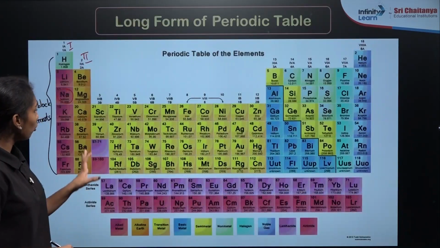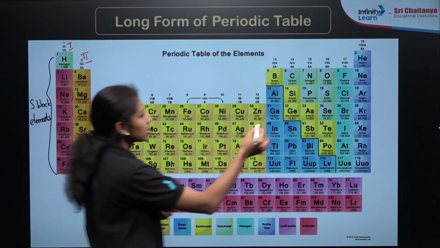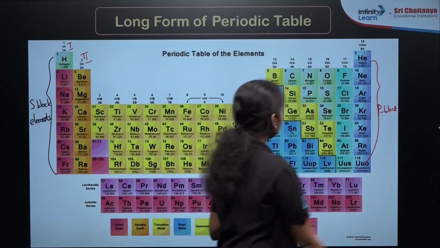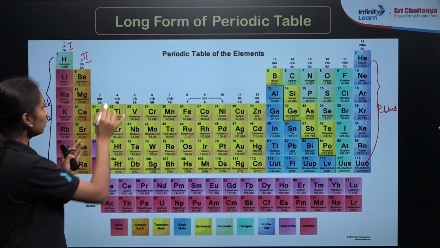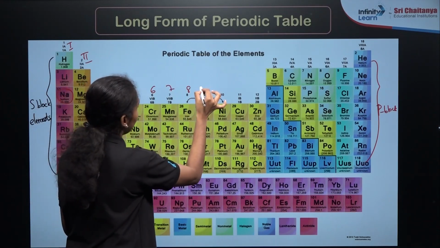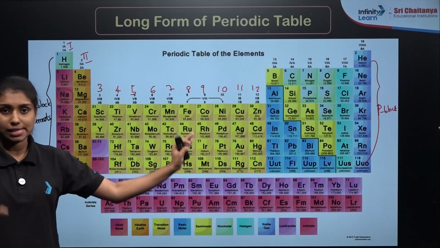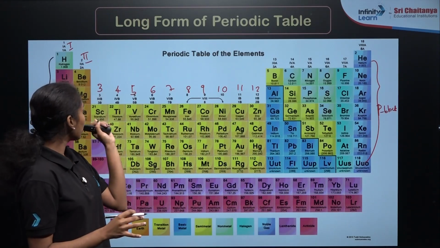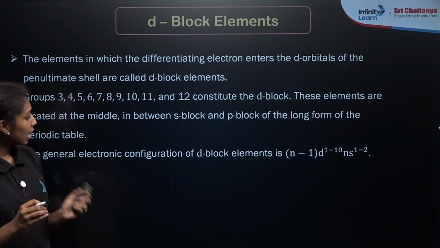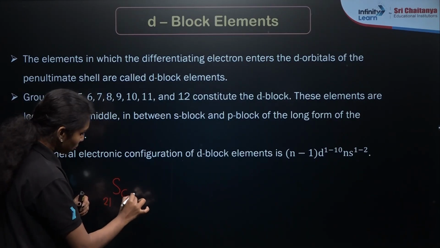In the periodic table, you will see some elements in between the s and p blocks. If we define the groups here, from group 3 to 12, that is 3, 4, 5, 6, 7, 8, 9, 10, 11, 12, elements from groups 3 to 12 are present here. If you try to write down the electronic configuration, for example in the case of scandium, the atomic number is 21, so it will be